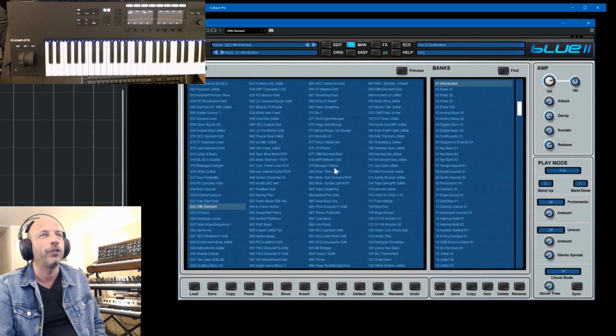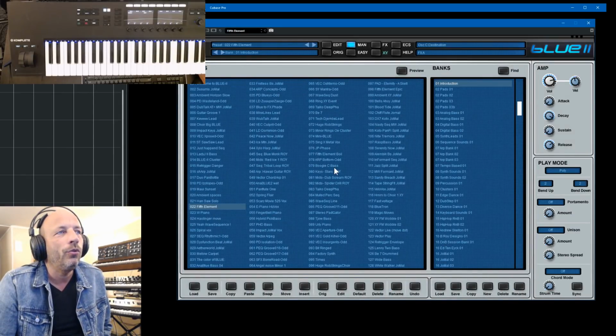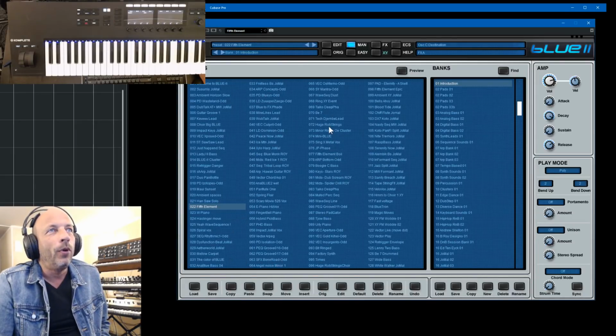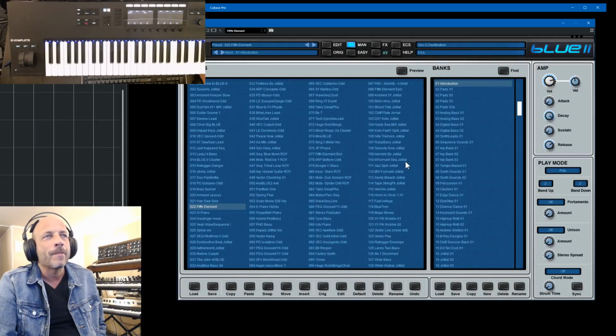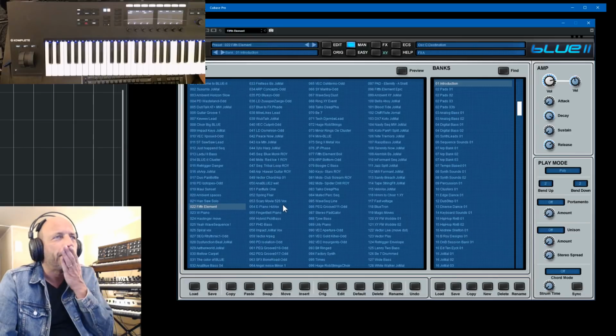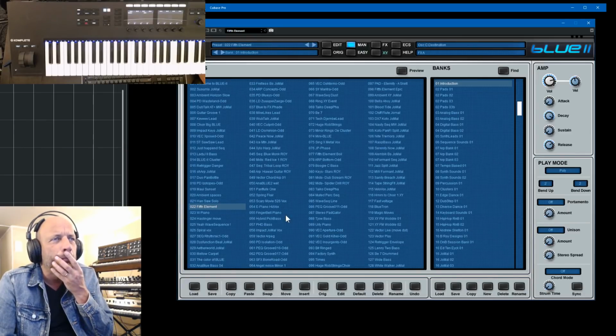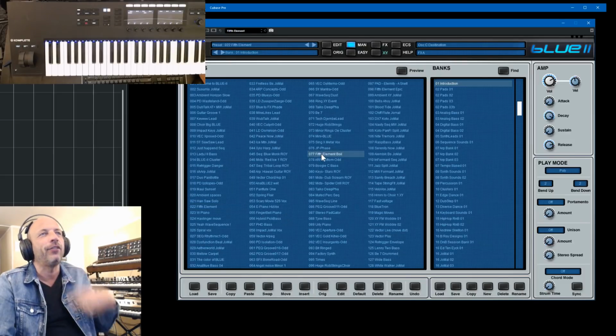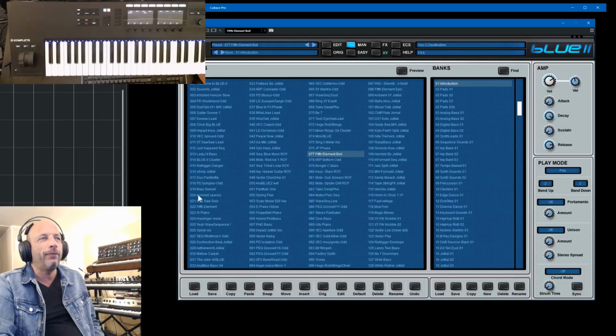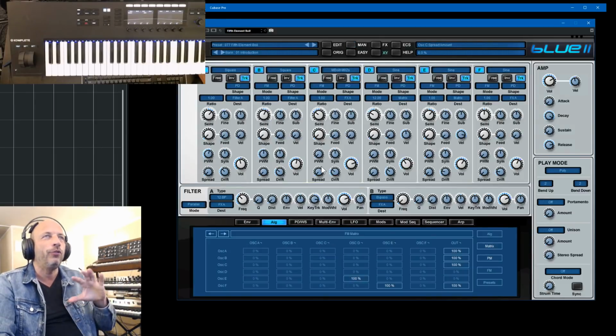When I go to the bank manager, I can also go to Boyle. I need to find it. Okay, give me 1 second. Maybe 2 seconds. Here it is. Fifth Element. So Fifth Element was preset 22. Then there is Fifth Element Boyle, and that one combines this sound you just heard with the Bluetooth range of